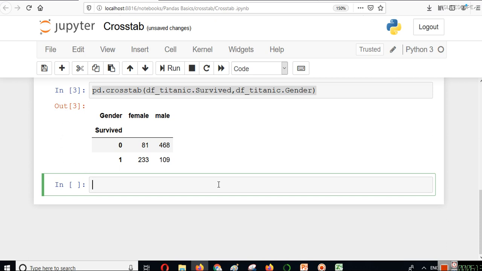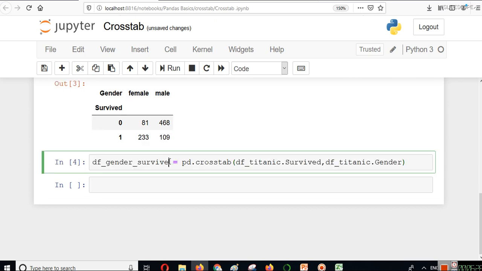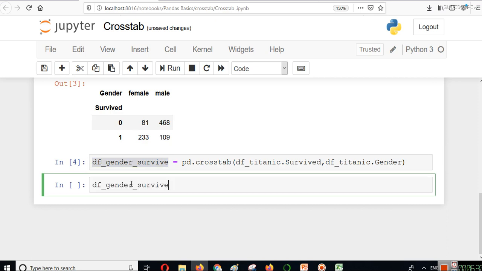So let's save it as df_gender_survive, and then we can use dot plot on this data frame, and I will use kind equal to bar here.